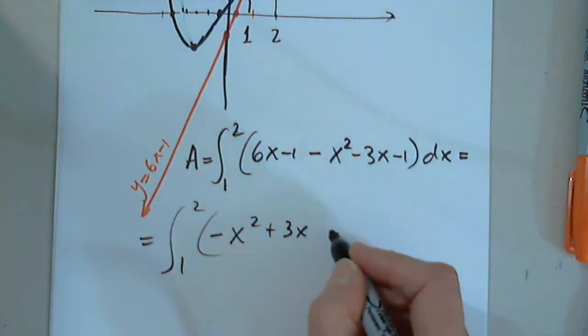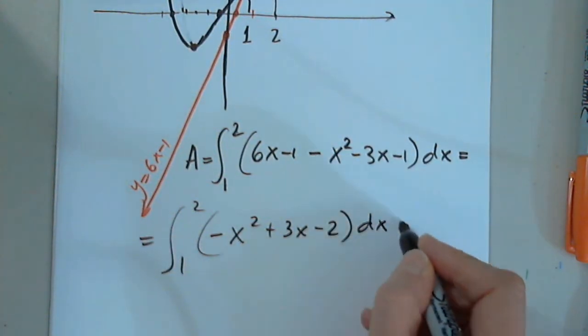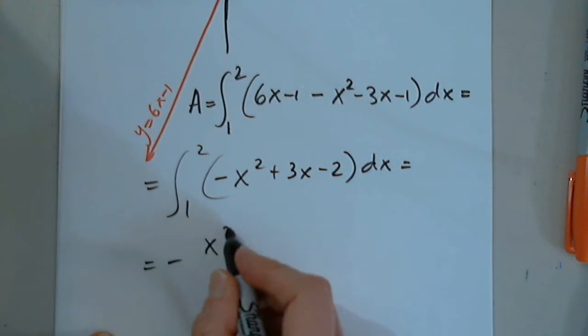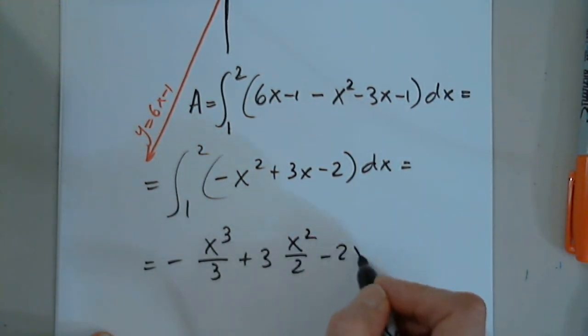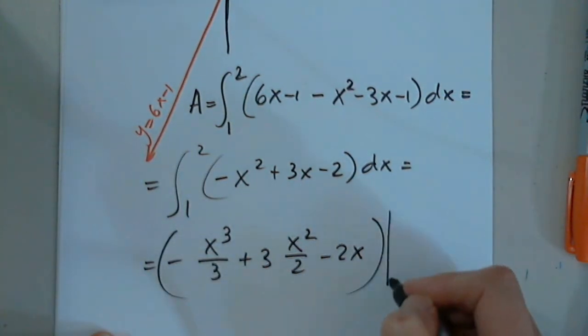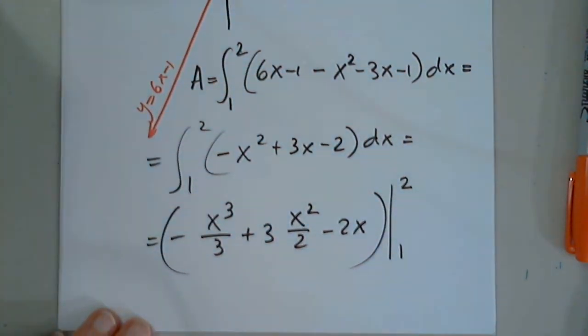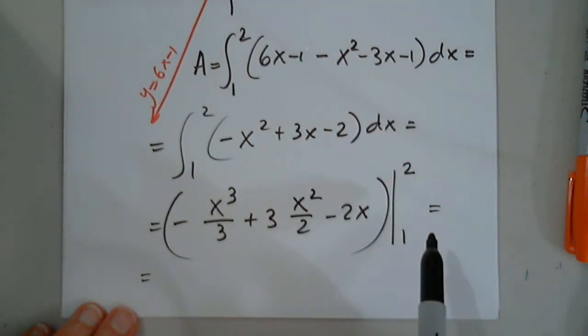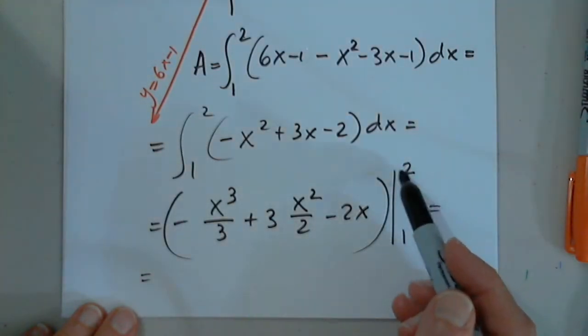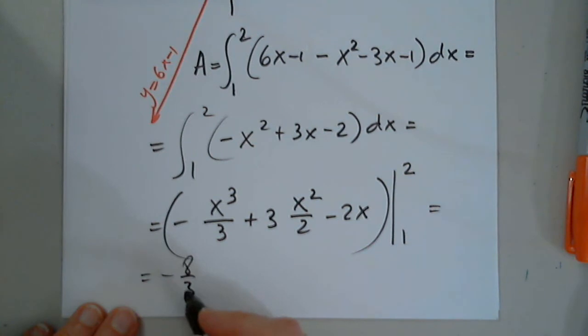Negative 1 minus 2 is negative 2 dx. So negative x to the third over 3 plus 3x squared over 2 and minus 2x, from 1 to 2. So now when I plug in 2 and subtract when I plug in 1. I cannot simplify anything, I was just looking. So this is negative 8/3 plus